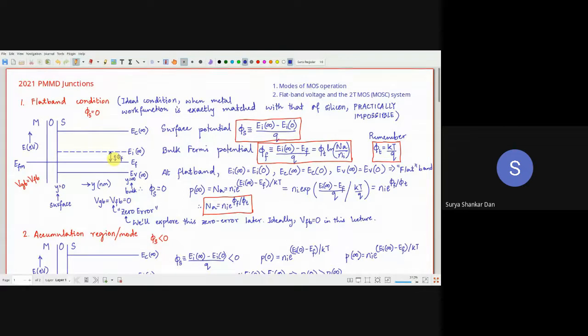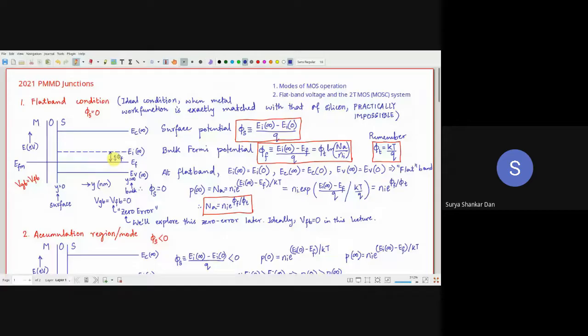And don't forget that a MOS, when you have not added the source and the drain terminals, with simply the gate and the body terminals there, is basically a capacitor. And a capacitor is technically always in equilibrium. Because, as your friend has just rightly said, there is no current, no movement of charges, no movement of particles. Of course, there will be a movement of particles when you are changing the biases.